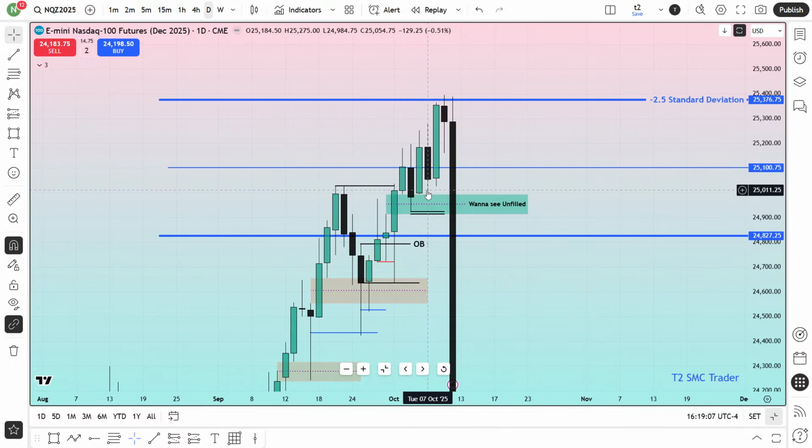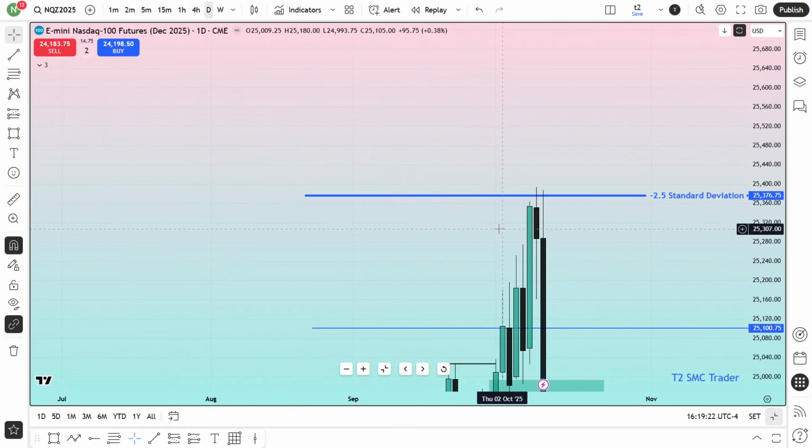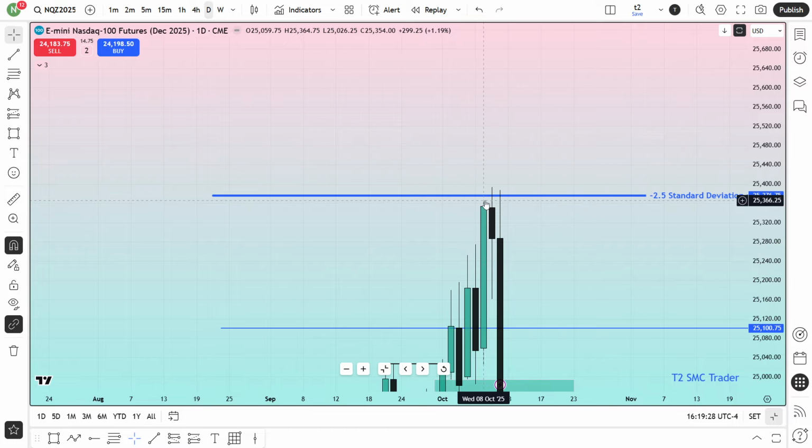It came back again, tapped this unfilled gap over here, and took the liquidity from our lower time frame. It has traded a lot of things over here, and then next candle, boom, the market just came until here. Now, when this candle closed here, am I done? Am I looking for sell anymore? No, I am still bullish. Why? The market didn't tap this line, right? You can see that specific candle. It didn't tap this line.